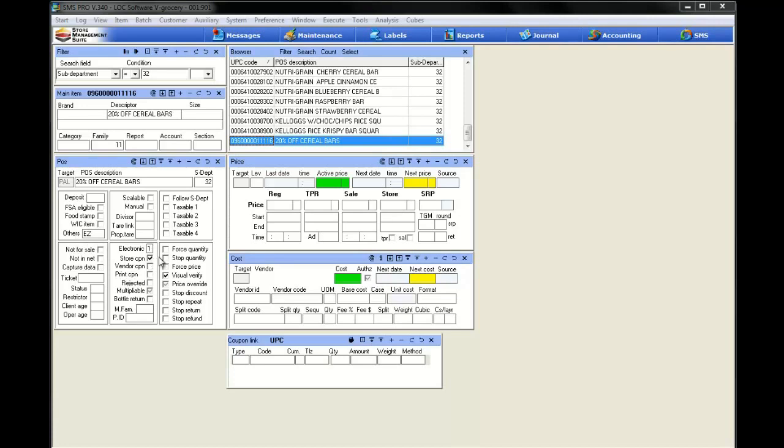So that part's pretty simple, pretty easy, pretty standard. Now let's hop over here where the magic will happen in the price table and the coupon link table. So first things first, we need to set up our 20% discount for all these items that are in our cereal bar subdepartment. And I know I'm working in my cereal bar subdepartment because I looked it up over here